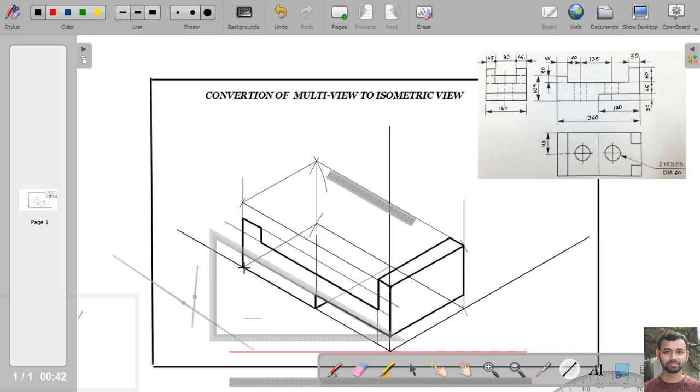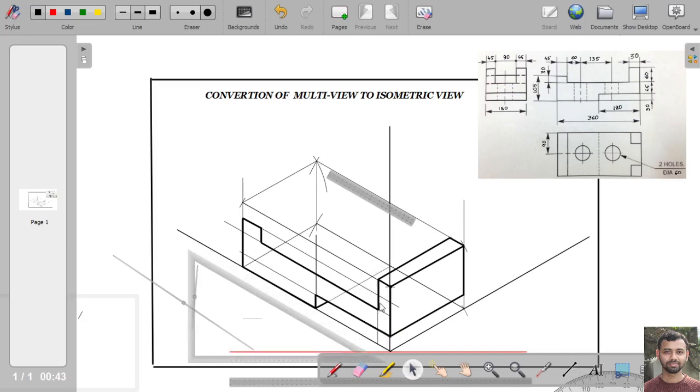Okay, so it will always be better if we draw the isometric lines one by one. Like suppose this is x-axis and this is y-axis. So if we draw all the isometric lines along the x-axis, and then all the isometric lines along the y-axis, then it will be better for you. So we have already drawn this left-hand side part. Now if we draw all the isometric lines along this axis,